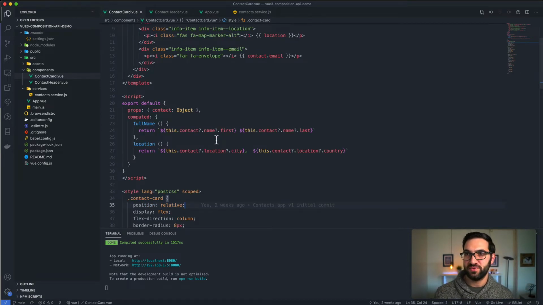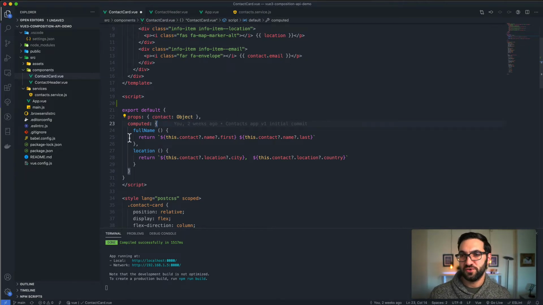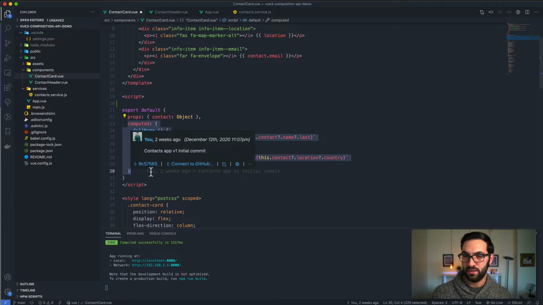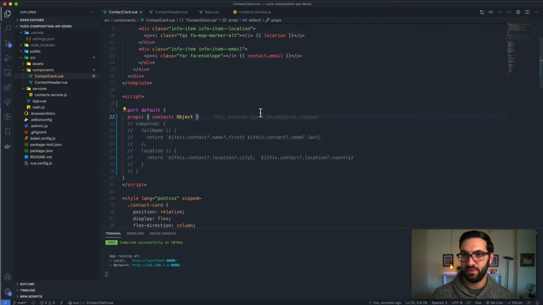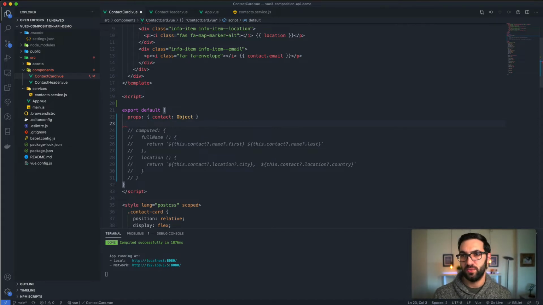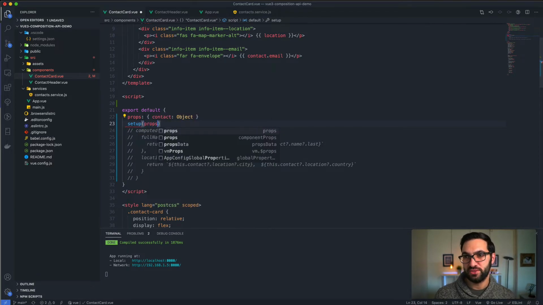All right, so the first thing we see here in this contact card component are two computed properties, as well as a contact object that gets passed in as a prop. As you see, this is using the older Options API. So the first thing I'm going to do is I'm going to comment this whole computed section out, and I'm going to replace it with this new option that we get with Vue.js 3 called setup. Now it will take in a props object,